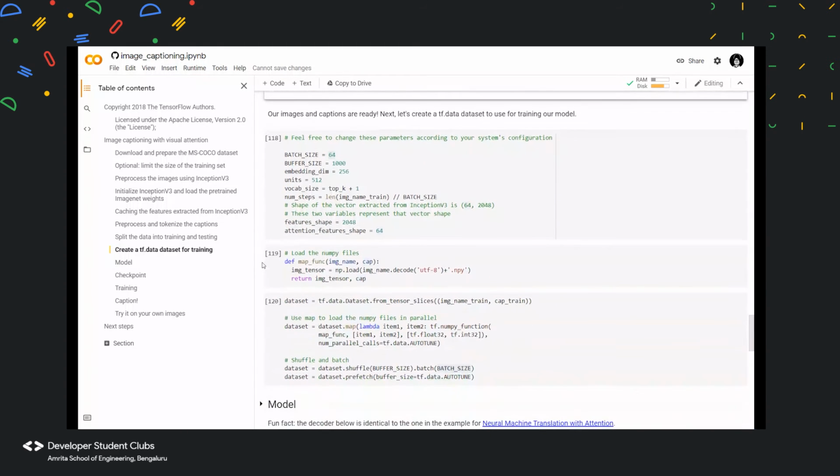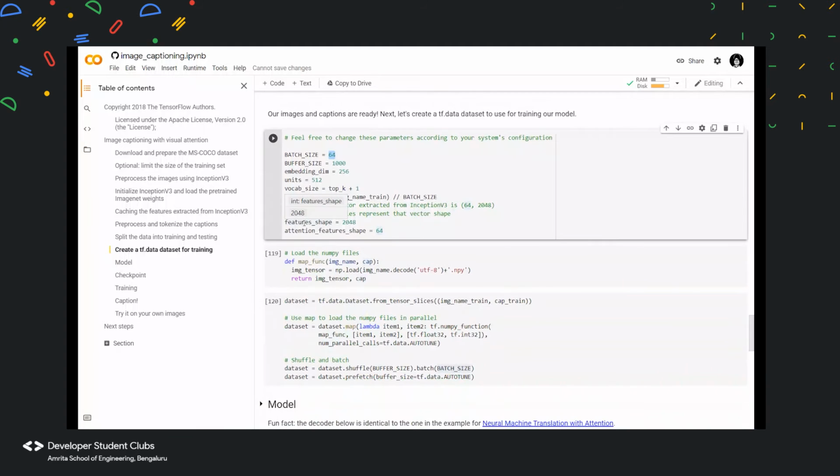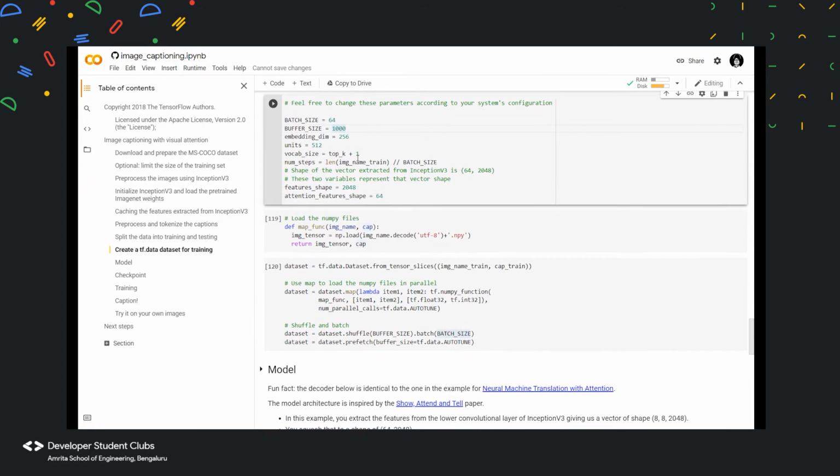And so these are the parameters for this complex architecture, where we are using a batch size of 64 and a buffer size of 1,000. These particular variables will have an impact, but they are not that important. But you can try changing the batch size in order to get better efficiency. Later on we can see the number of steps, which tells the total number of batches in a particular data set, like training or testing.